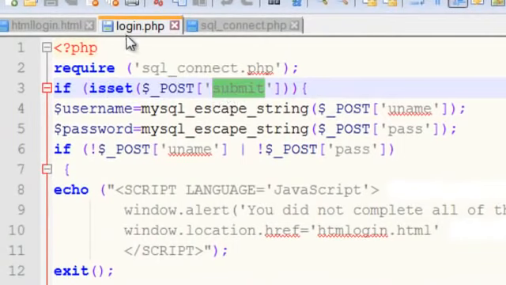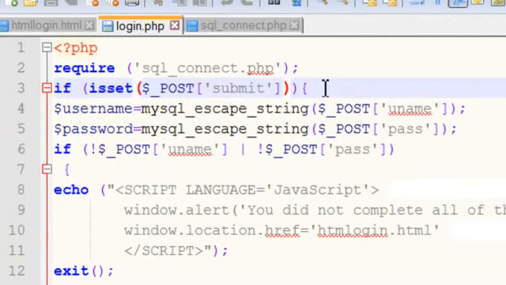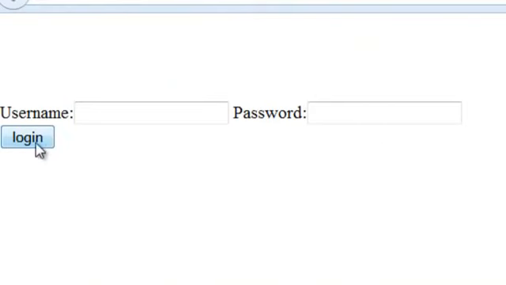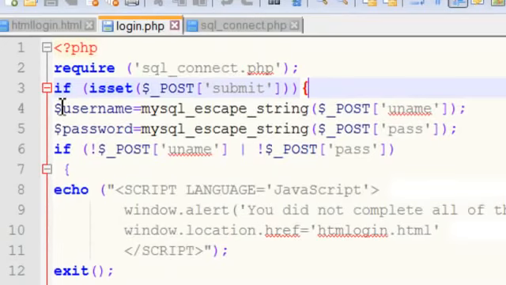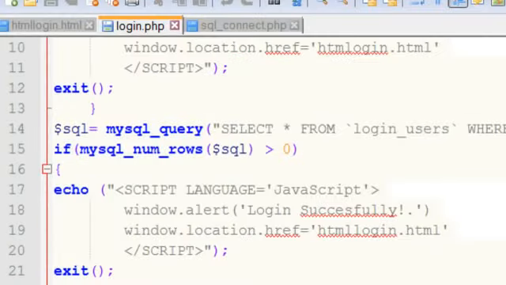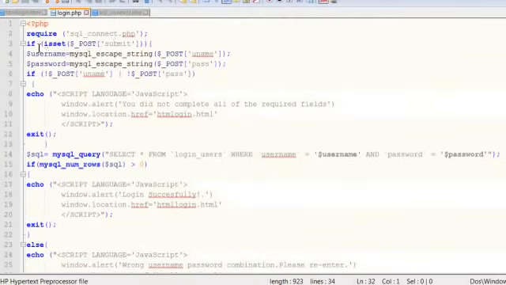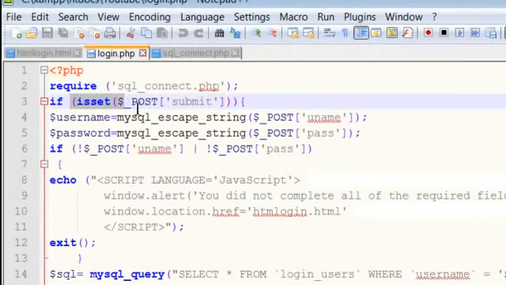Submit is the name of the button. Okay, this name is here. If I click the submit login button, these statements will be executed, otherwise in the else case nothing will be executed. isset is the syntax of the check in an if statement in PHP. If I click the submit button,